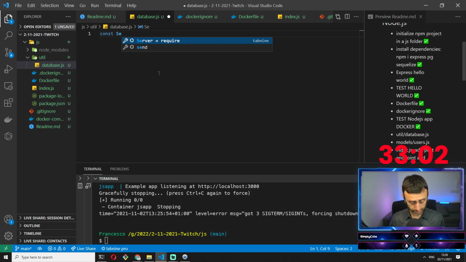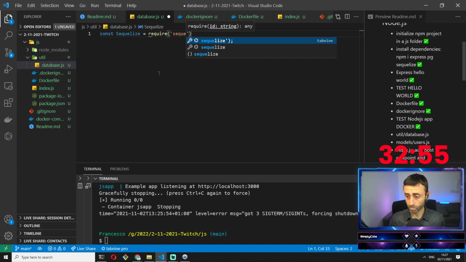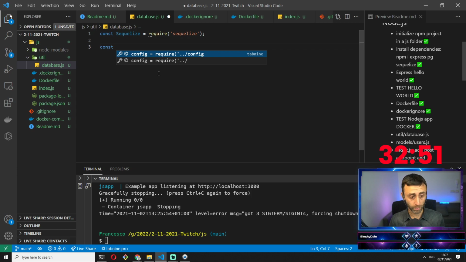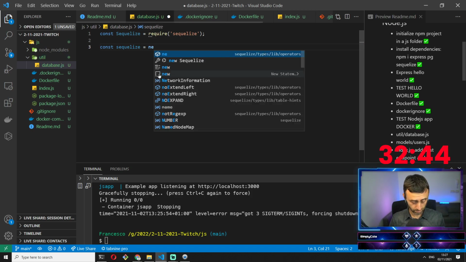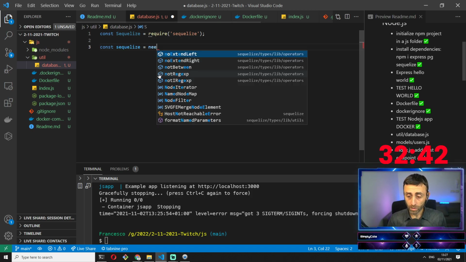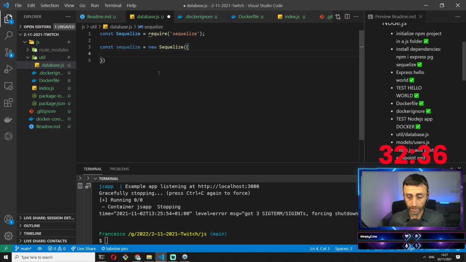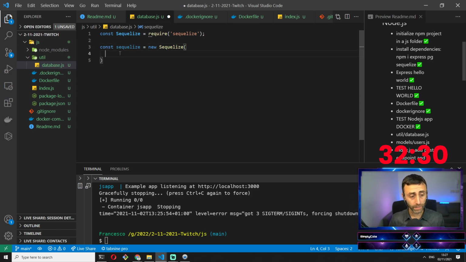Okay, so let's do this. const Sequelize = require('sequelize'). Probably I should change this ORM, but for now it's okay. To make a demo it's okay. Because probably you use something different. Equal new Sequelize. I can type today. Okay, and here let's remove this, and we don't need this, but we need to